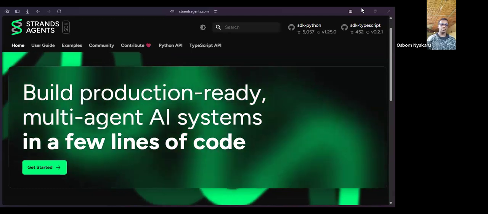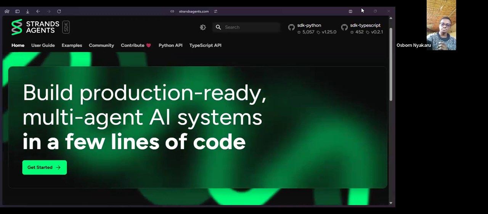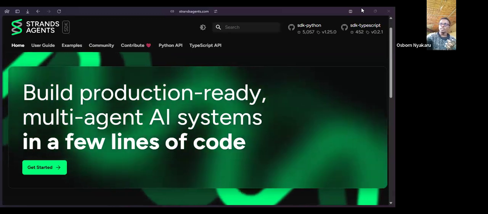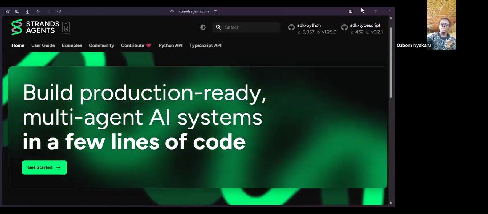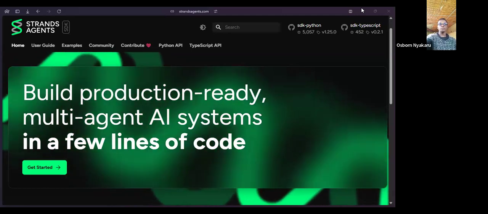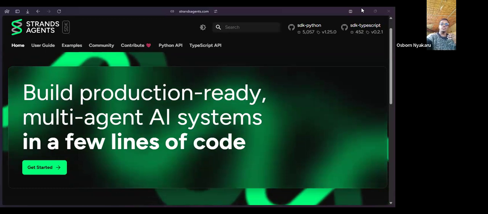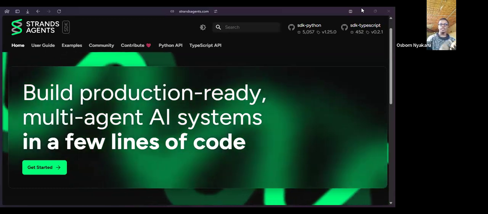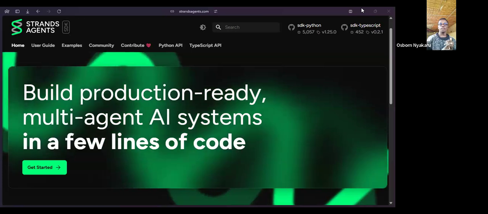But look at another use case, which I mentioned earlier, booking a flight. A large language model cannot book a flight for you.